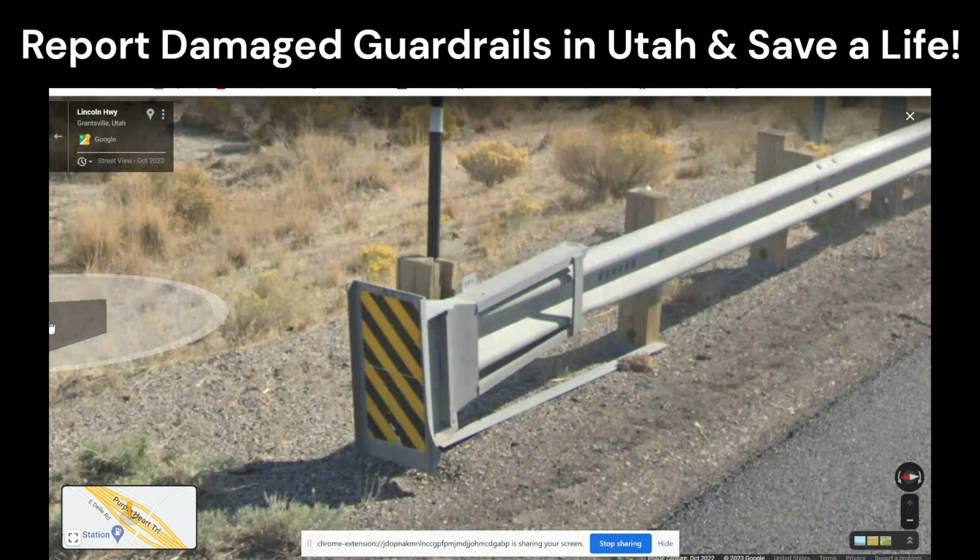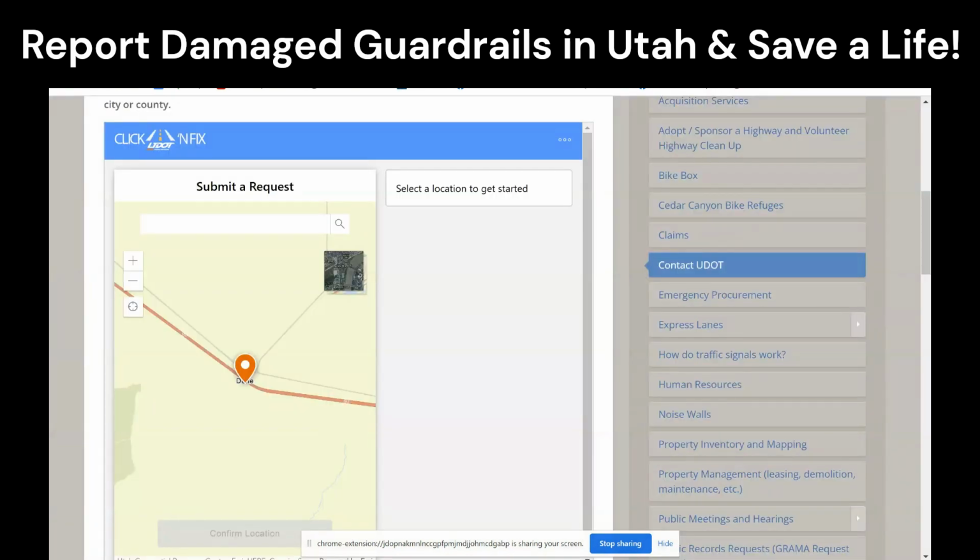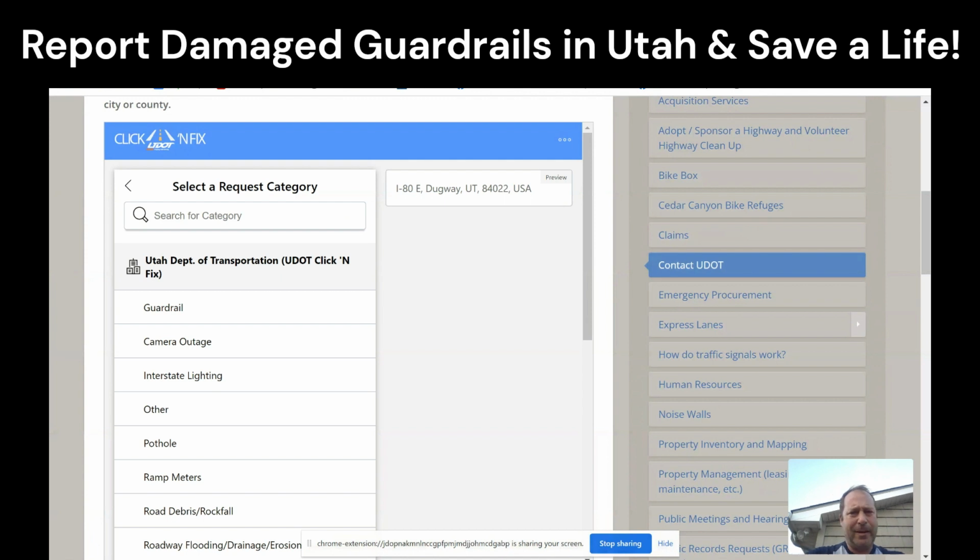I do think there was a previous fatal incident at this location. I don't know for certain because the NHTSA data is useful, but NHTSA's a clown show. I don't know how else to put it. Their FARS data is just pathetic. But anyways, you have to register with Click and Fix, which is a really neat